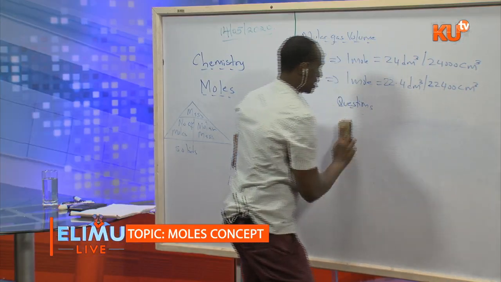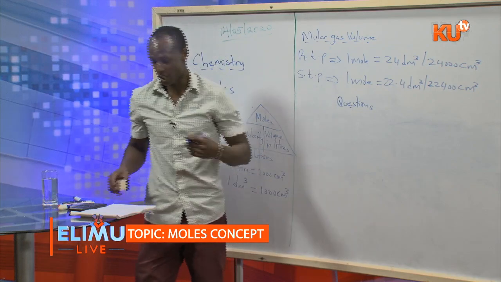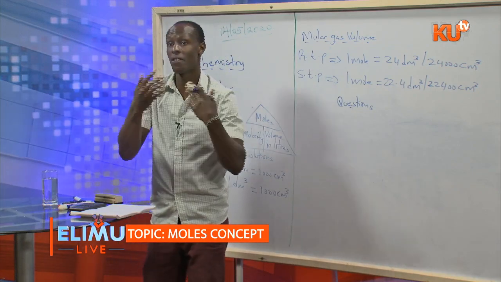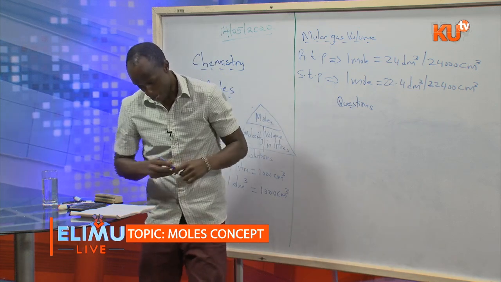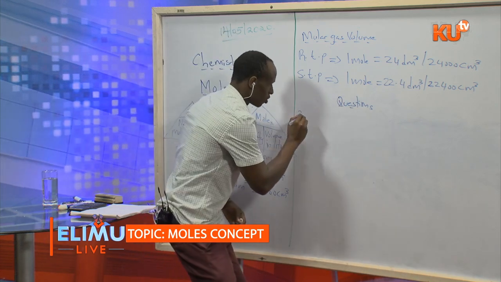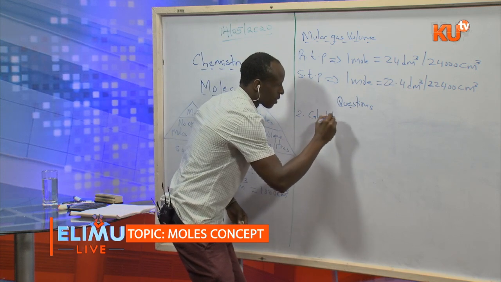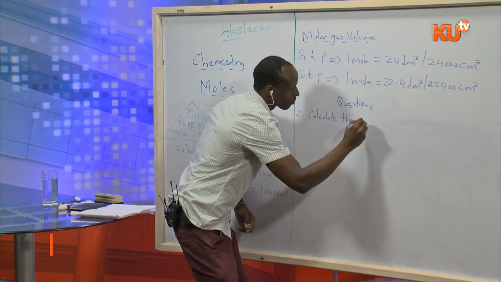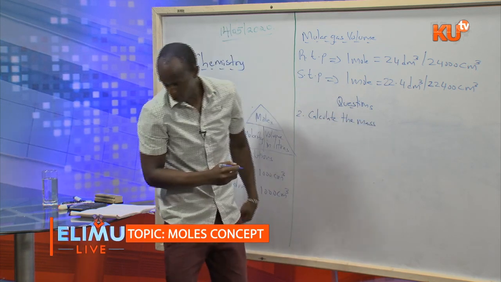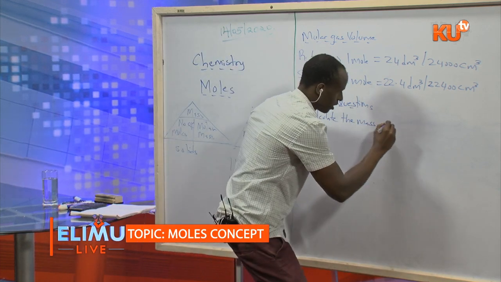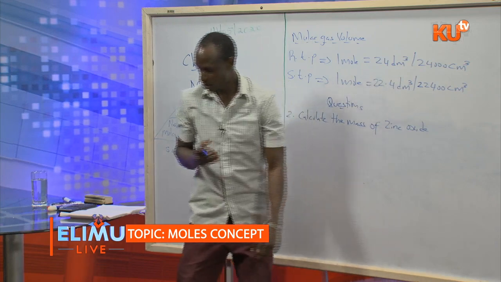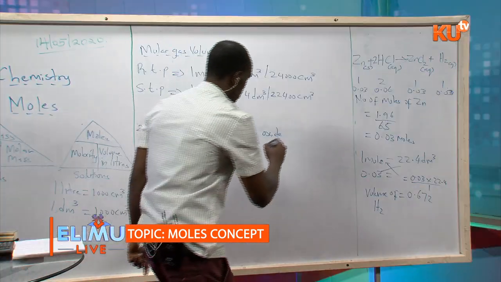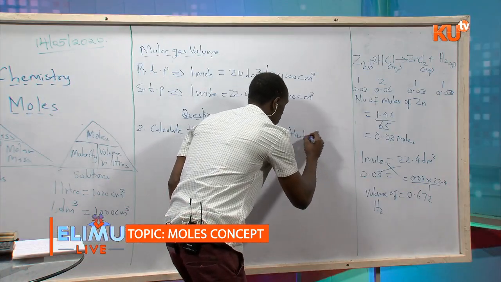You can also be writing at home as I'm writing, so that during your free time you can refer to the examples and digest them slowly. So question 2: calculate the mass of zinc oxide that will neutralize